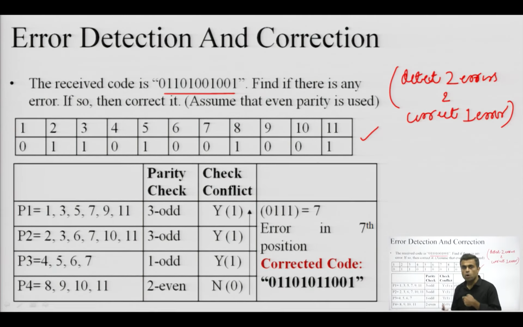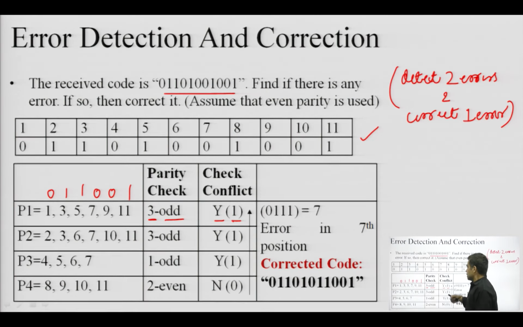Okay. So, this is the message which is being placed in this structure, and the receiver now again rechecks these parities at the positions which were used at the transmitter end. So, the same set of combination 1, 3, 5, 7, 9 and 11 is again checked. 1 is giving me 0, 3 is giving me 1, 5 is giving me 1, 7 is giving me 0, 9 is giving me 0, 11 is giving me 1. That means there are 3 ones, 3 means it is odd, but the message was prepared using even parity. So, there is a conflict, yes there is a conflict, and this yes is replaced by 1.